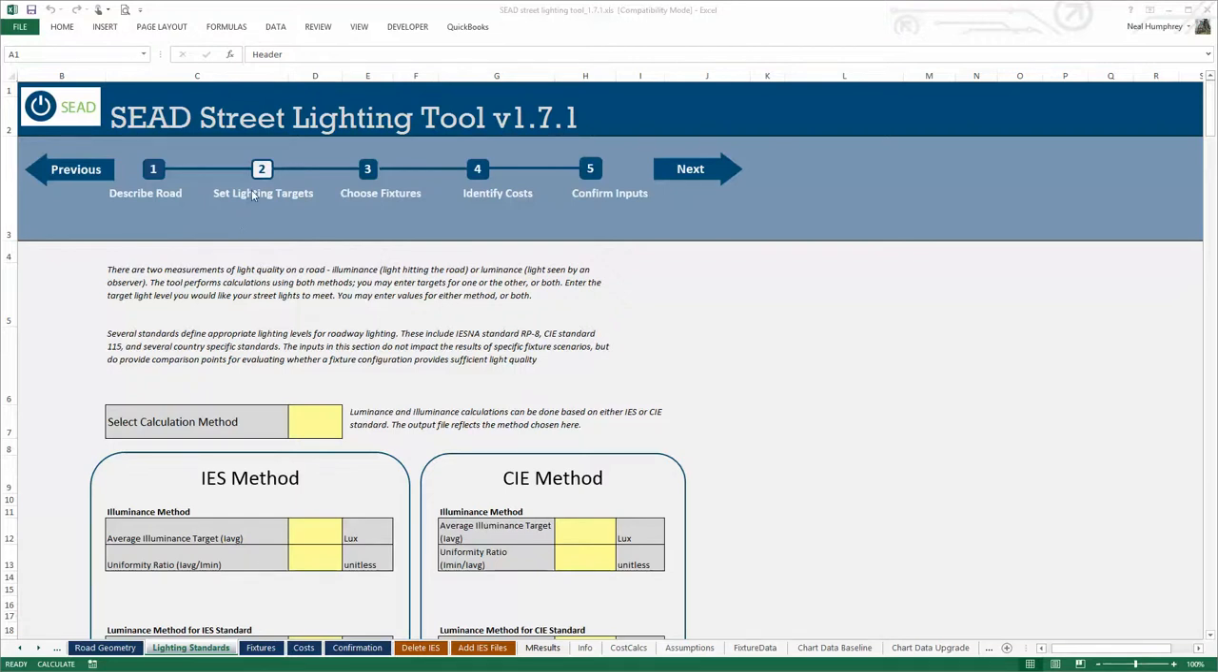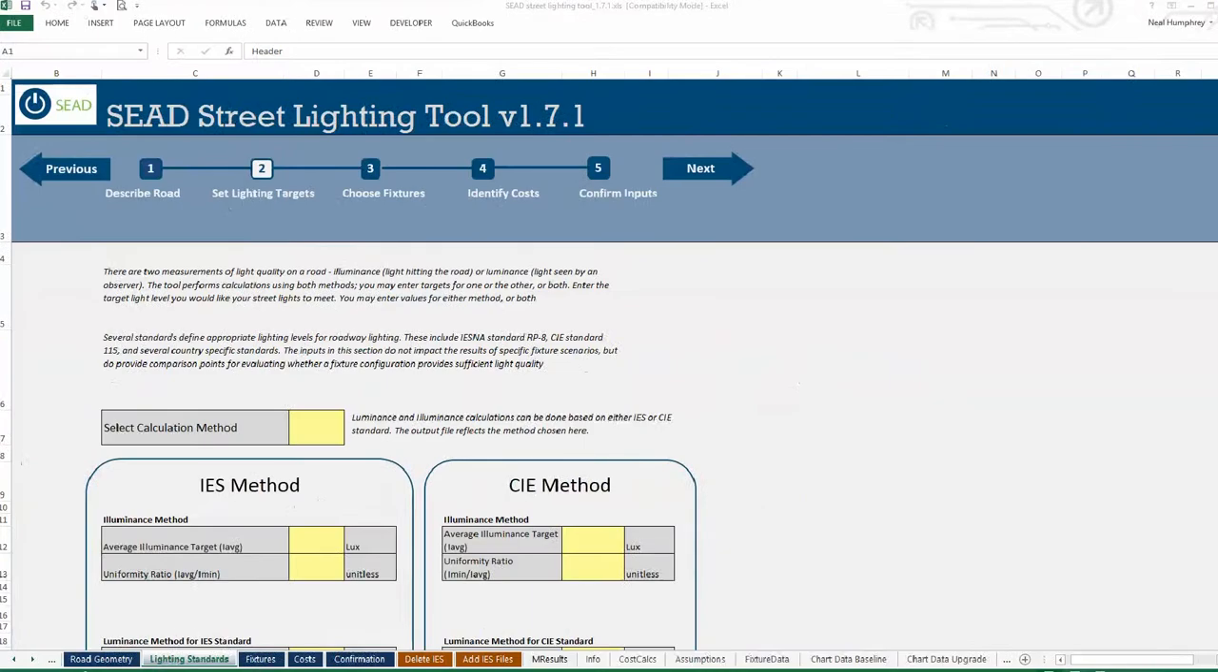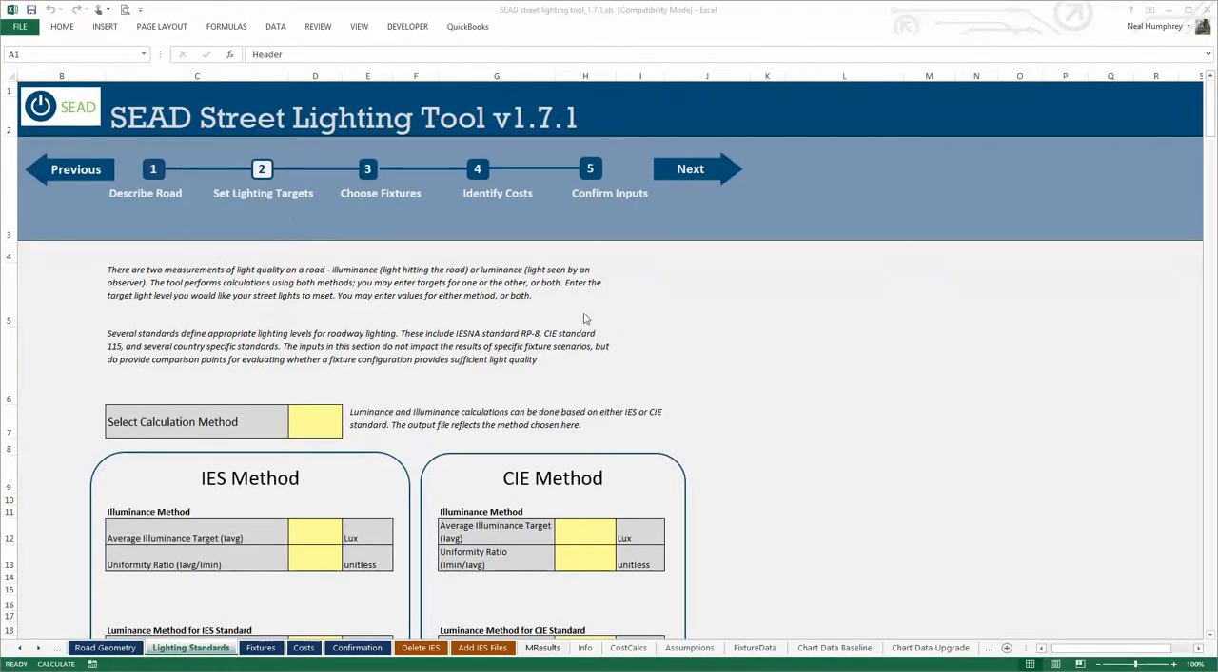Next is step 2, set lighting targets. In this step, we'll choose what light levels we want our fixtures to meet in order to have sufficient light quality. You can see that there's a little bit of intro here, followed by the first input, which is the